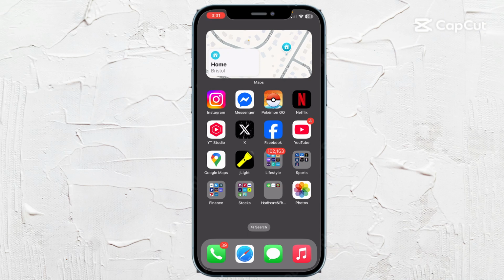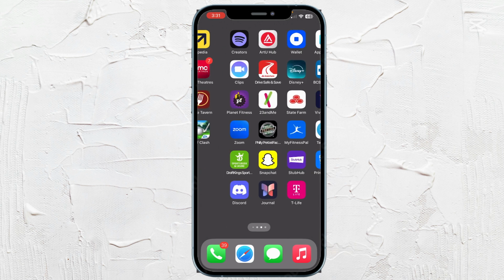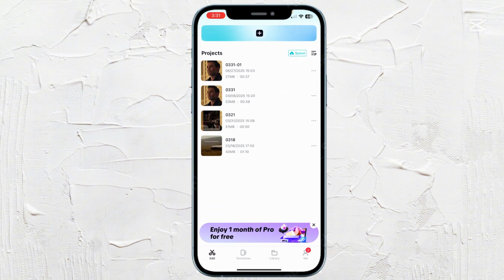How to change the opacity of a video in Capcut. So I'm going to show you in Capcut on your phone, but you can also apply this technique on Capcut on your computer. So go over to your Capcut, wherever it may be on your phone,